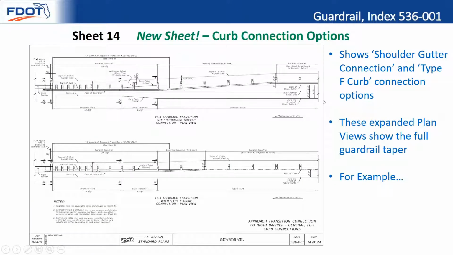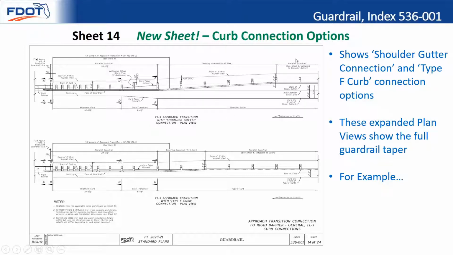Okay, so now looking at the new sheet, this is now sheet number 14, the curb connection options. We show the shoulder gutter connection and the type F curb connection options. So this would be your shoulder gutter on top and the type F on the bottom. And so these are now expanded plan views. And the idea is it takes you from the parallel segment of the approach transition connection through the taper, and